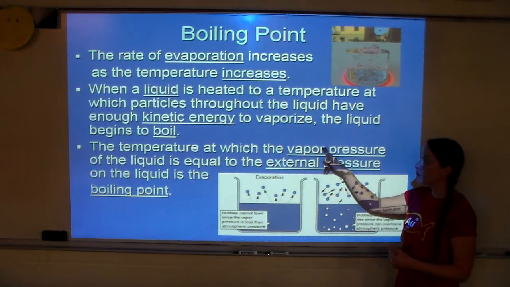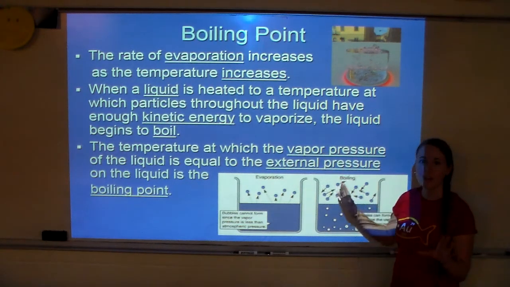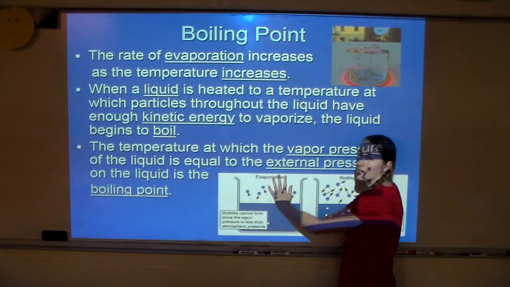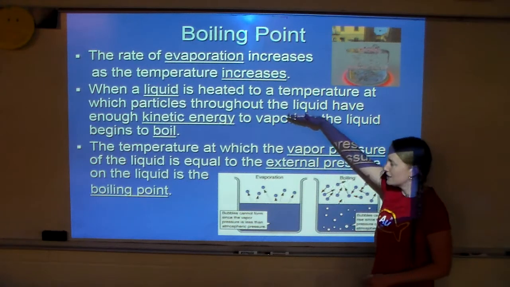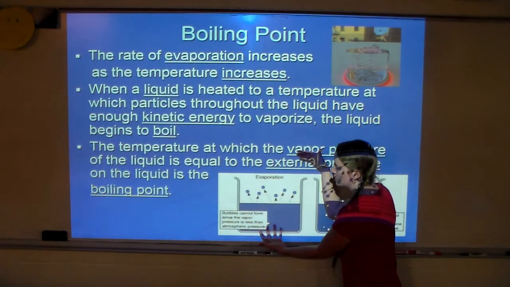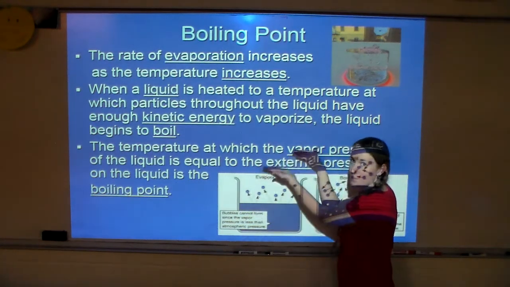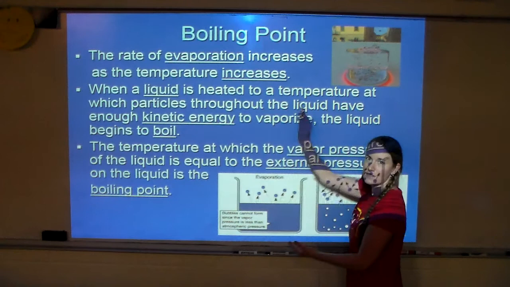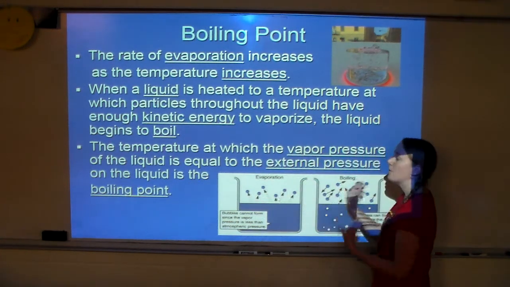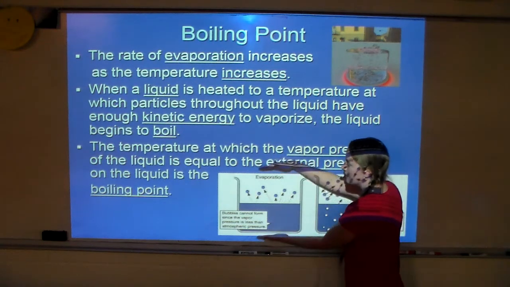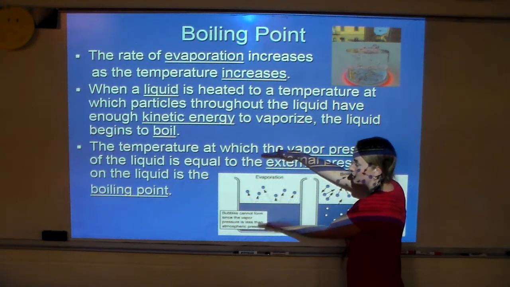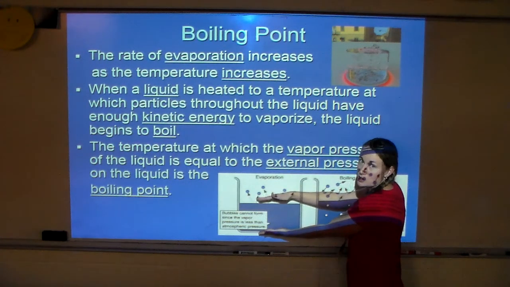Okay, so vapor pressure equals external pressure. So remember how I just told you, for vapor pressure, think of it as the force of the liquid trying to come out. Well, external pressure is the air pushing down. So in other words, we have two opposing forces here. The liquid's trying to evaporate out, so it's coming up. But the air is like, stay down there. It's pressing down. So you have these two forces going against each other. Now, before the liquid is boiling, every time it tries to come up, that air pressure pushes it right back down because it's greater. So it tries to come up, external pressure pushes it back down.